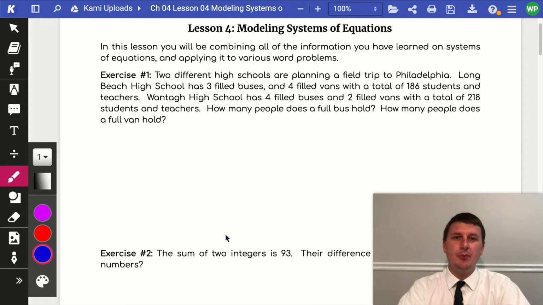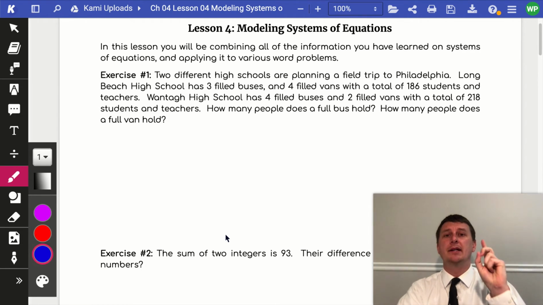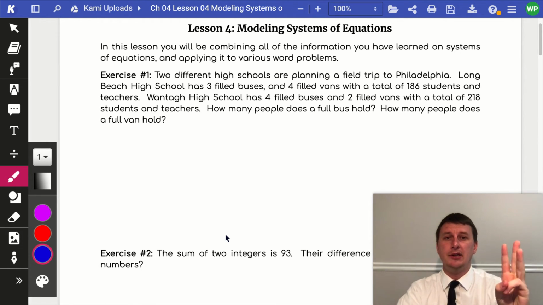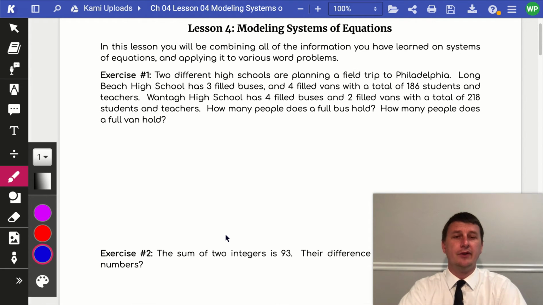Now, up until this point, you have solved systems of equations by graphing, by substitution, and by elimination. And if you're unsure of any of those three methods, I suggest you go back to the lesson 1, 2, and 3 videos in this chapter to help you out with mastering those topics before you go on to solving the word problems. Because we are starting off with our first word problem right now in exercise number 1, which